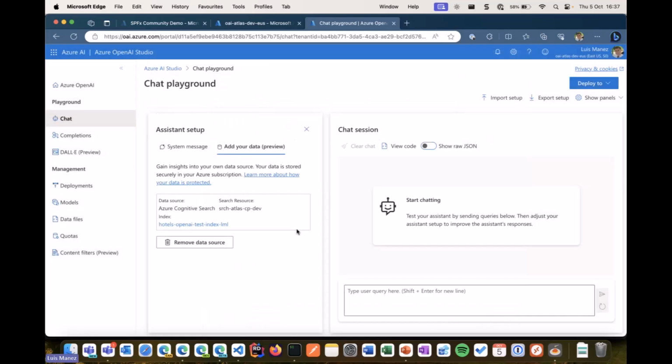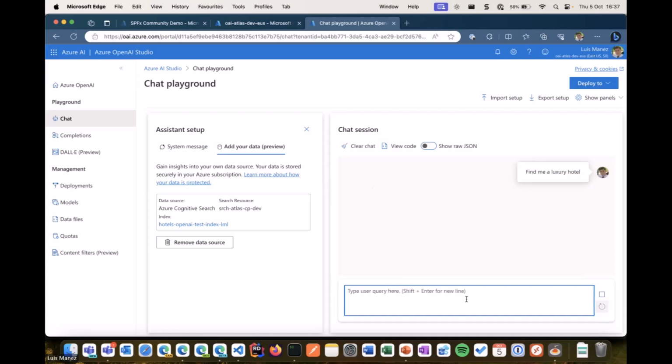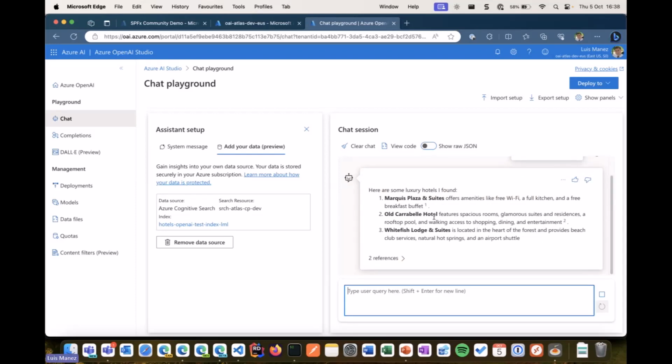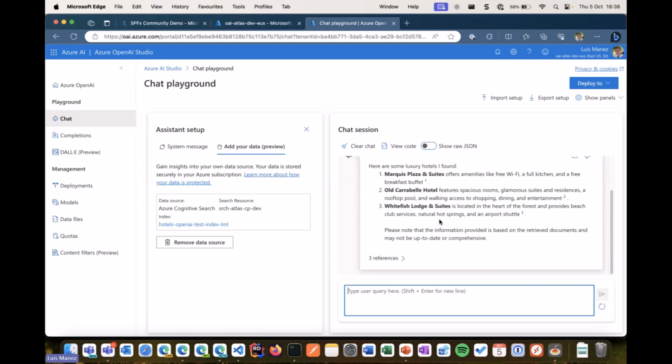So let's create it. Now we have the data source already on here. So we can do things like find me a luxury hotel. And that's going to run the OpenAI query, and it's going to use our custom data source. So here is coming back information, and trust me, this is from my index.